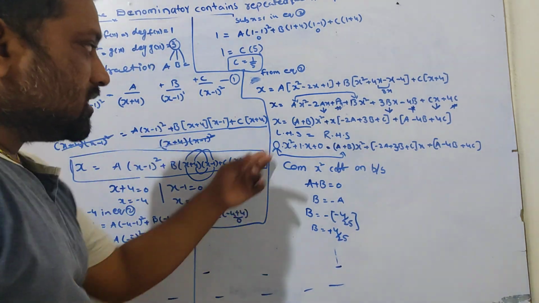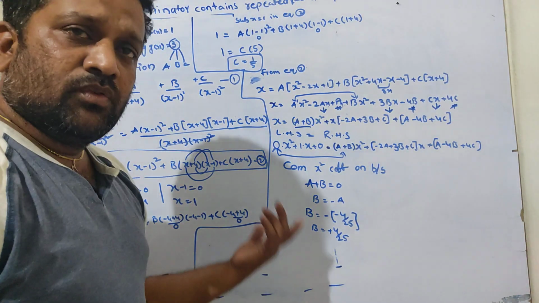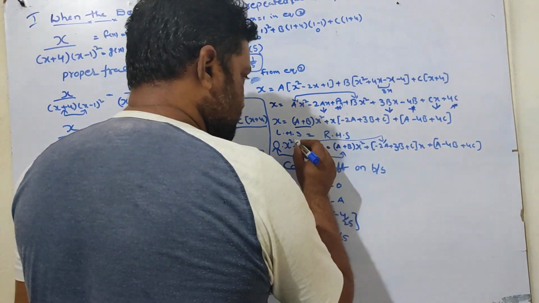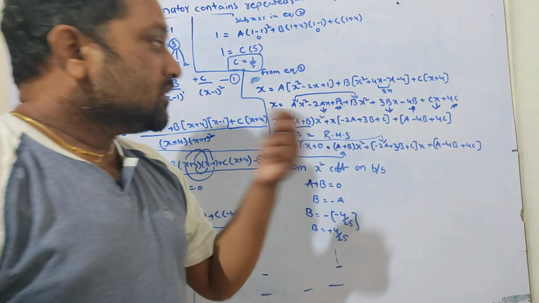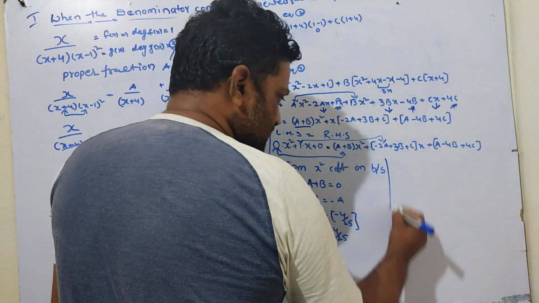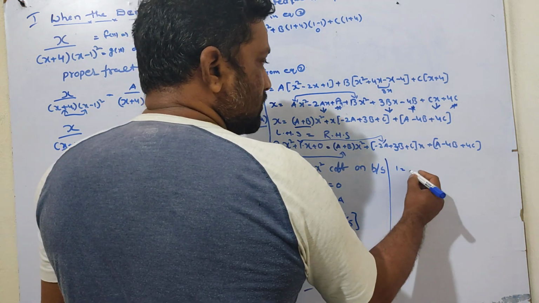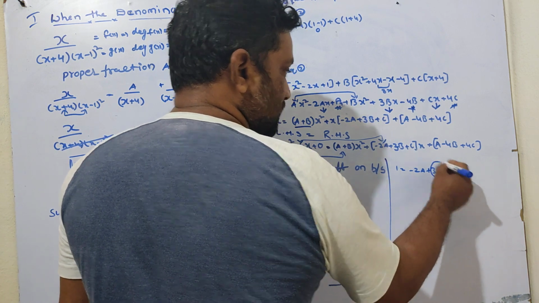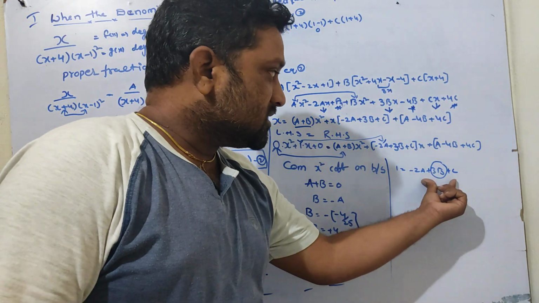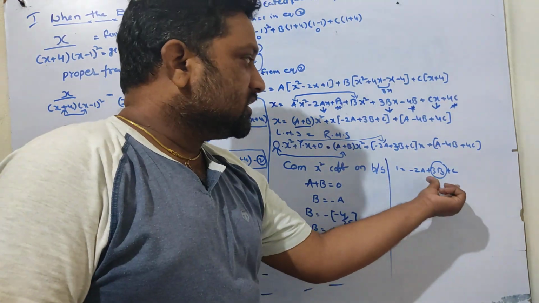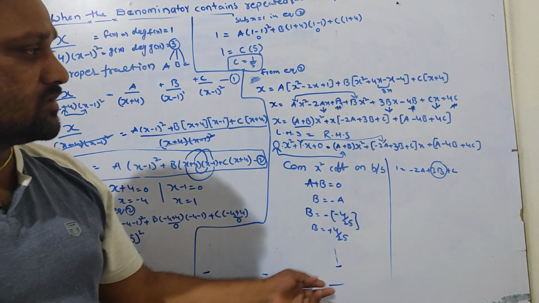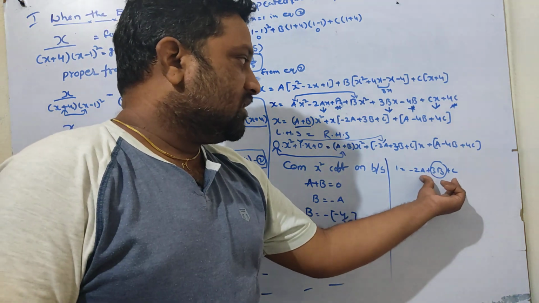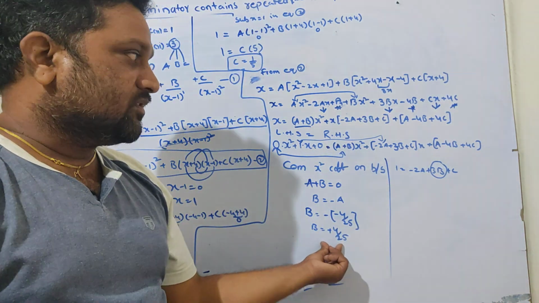When comparing the x square coefficient, we get the b value. If you want to compare the x coefficient, what is our x coefficient? 1. Here the x coefficient is this one. So compare these two terms. In that time we get the same value. So 1 equals minus 2a plus 3b plus c. Here we would have to substitute the a and c values and simplify, which will get lengthy. That's why I am taking this one. If you want to check, you substitute the a and c values and we will get the same b value.